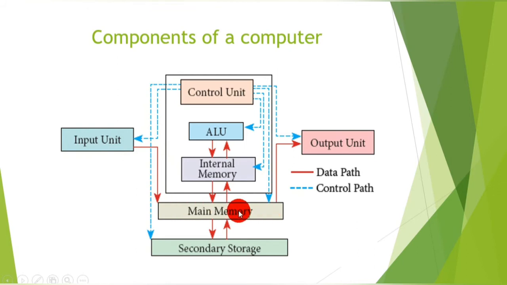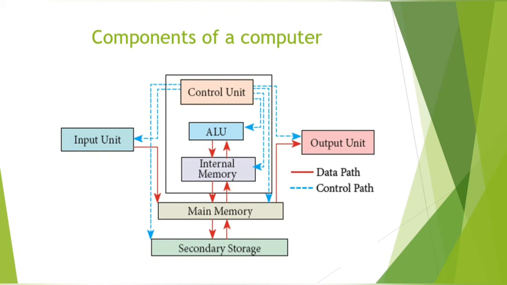Main memory is the place used to hold the data. There are two kinds of memory, main memory and secondary memory, the secondary storage device. So if you give input through the input devices, it is stored in your memory unit. After storing in the memory unit, the data can be taken for processing. I told you the processing takes place in the CPU, central processing unit.